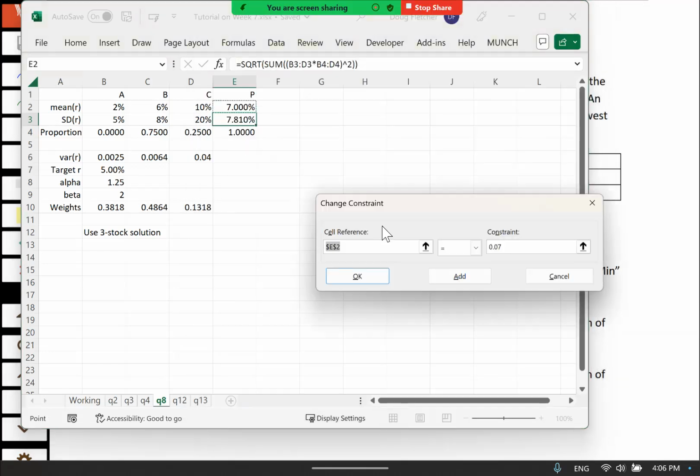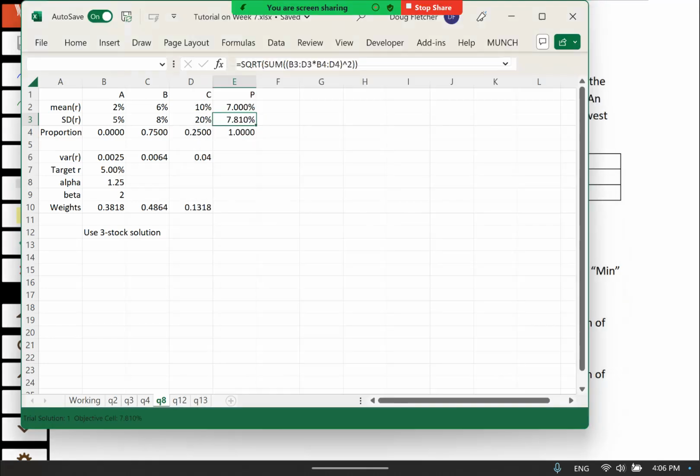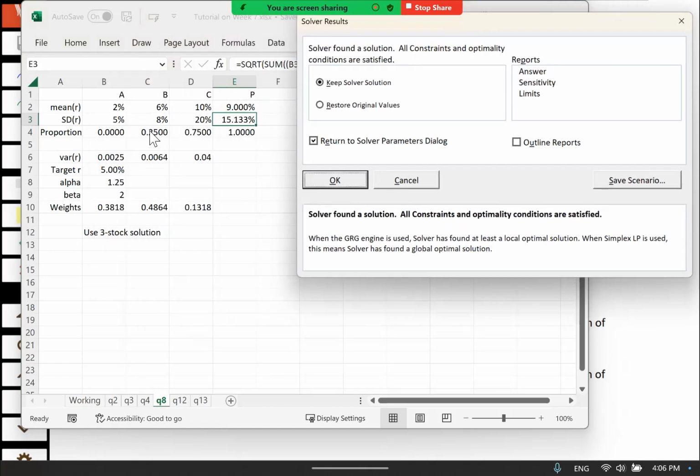So let's do that. Again, changing this constraint, going for 0.09. We're done with that. That's okay. And solve. And we see once again, that is in fact what we get. Say 0.25 and 0.75. Okay, so that completes the solution on question 8. I'll be doing another solution on question 11